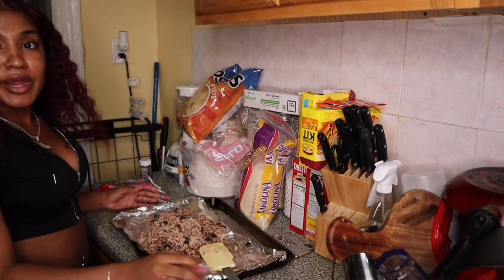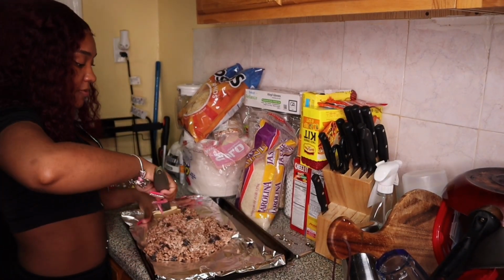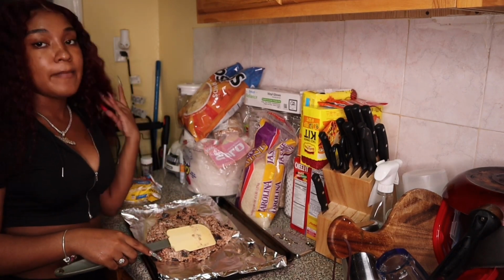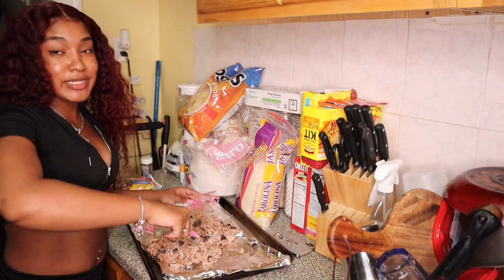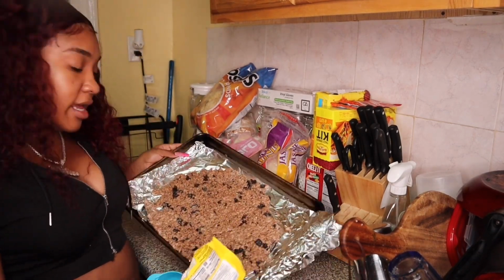It's hard. Alright, y'all, now that I have it on the pan, I'm gonna spread it out, and I'm gonna pat it with another piece of aluminum foil since I don't have parchment paper. But I would recommend that you get parchment paper. So my camera's about to die, so I'm gonna come back when I flatten it out and it's time for the topping. Alright, y'all, so now that I flattened it out, as you guys can see,